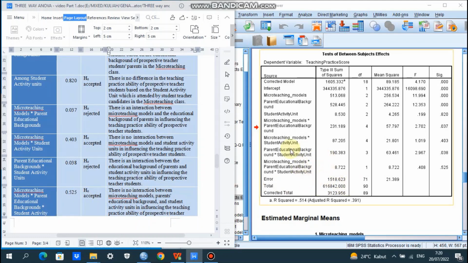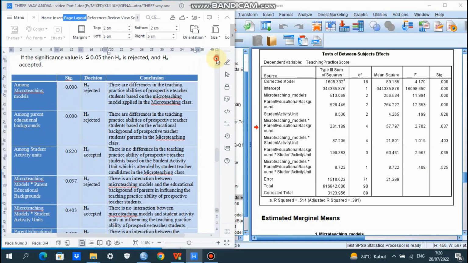Back to the SPSS output, the significance is 0.525, which is more than 0.05.